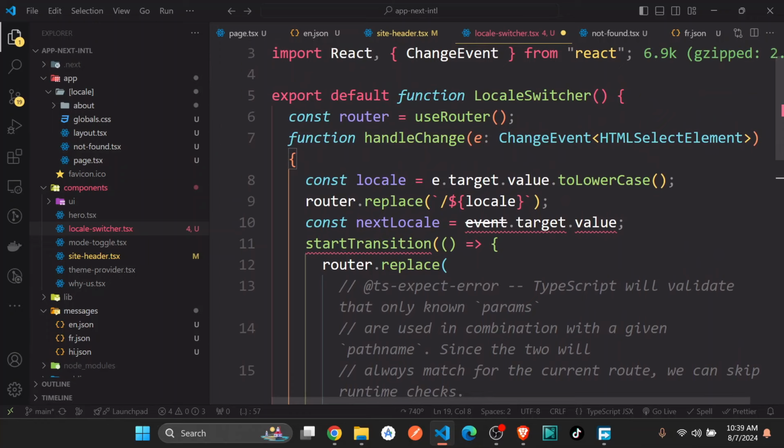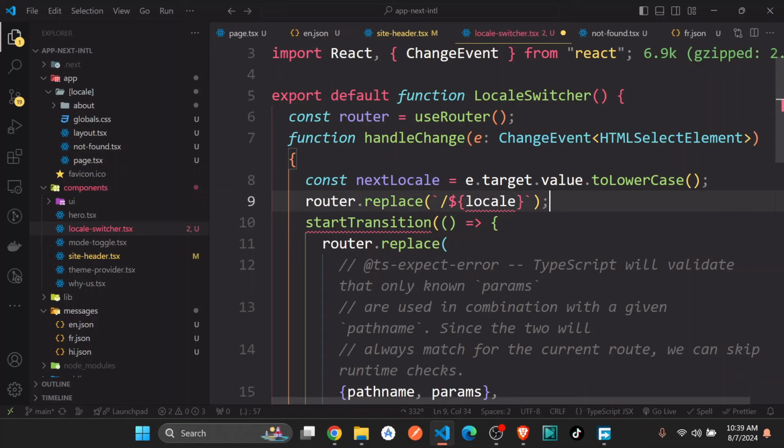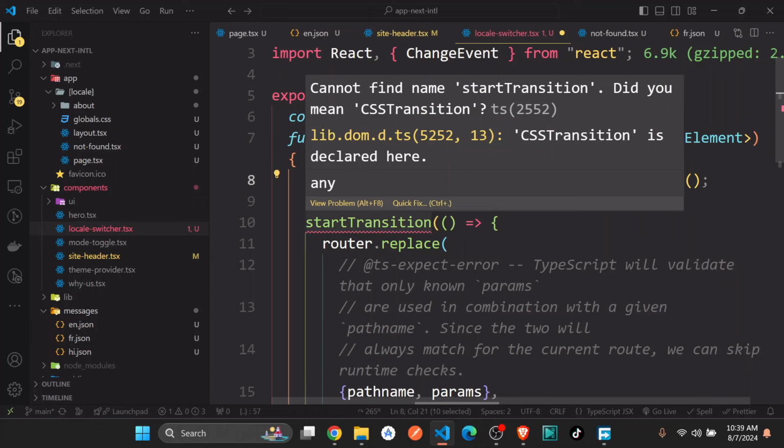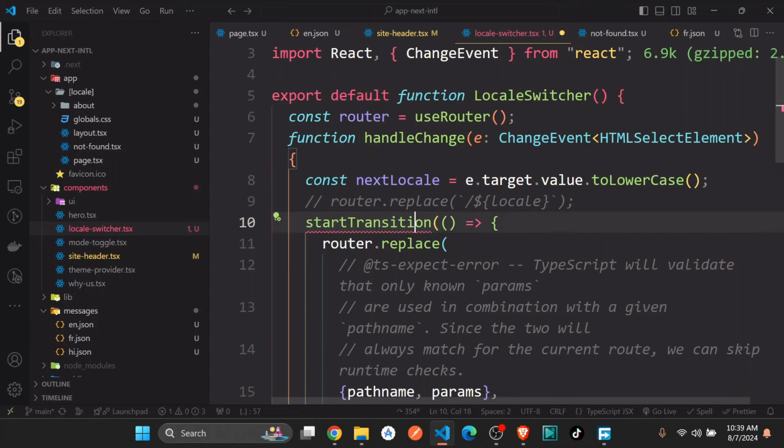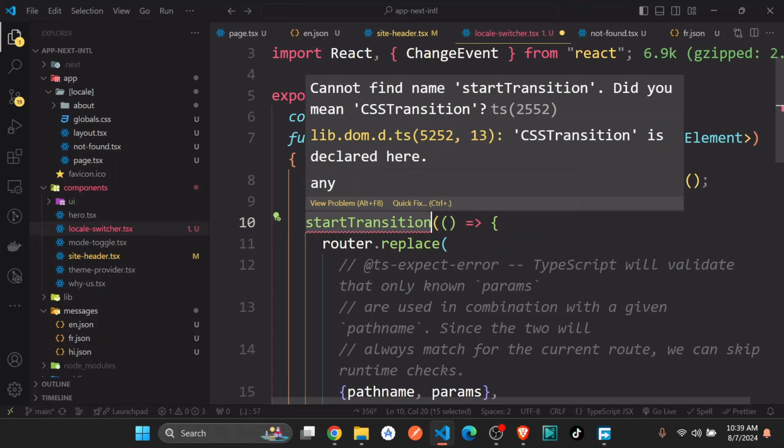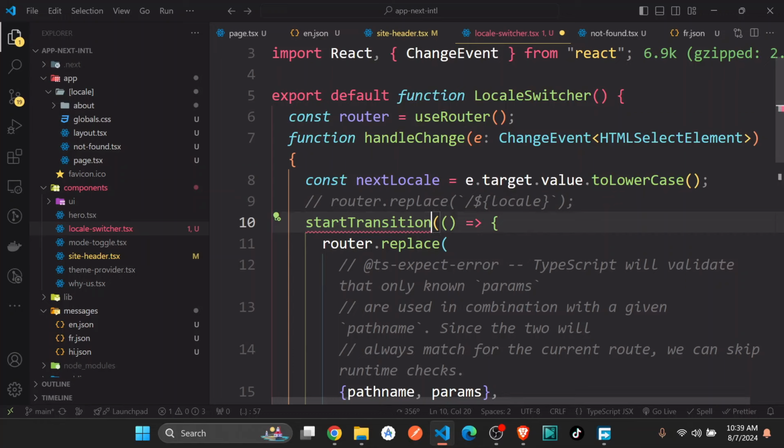Okay, so if you just look, they also have this a local. They're calling it next local. So can you see next local is this? So just remove this, and then let's remove this also, comment it. So we have the next local. So they have this start transition. This is the one which is now going to switch, and it also switches it in the cookies, not just like switching it on in the route, but also switches it in the cookies. So we can import